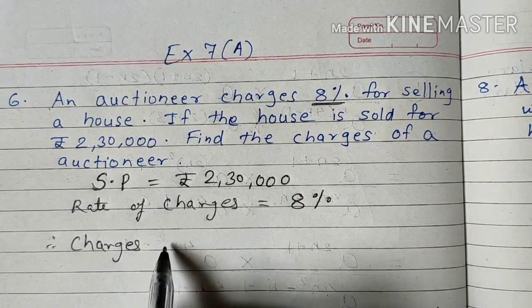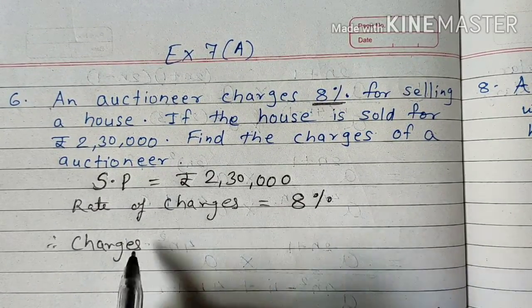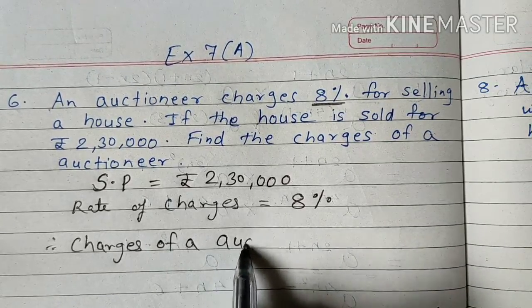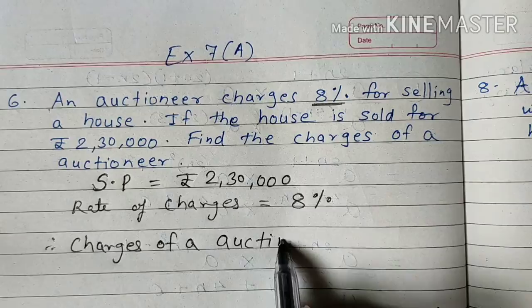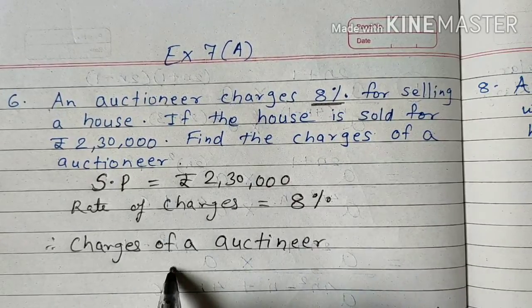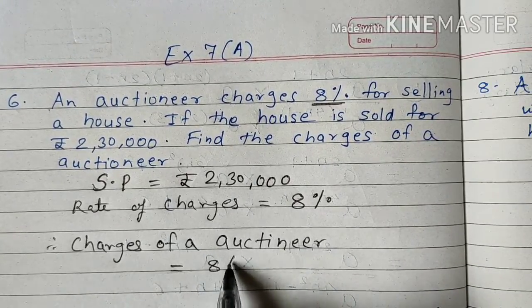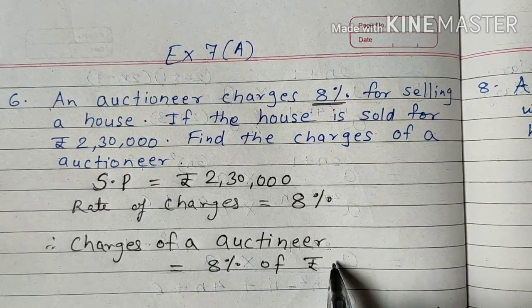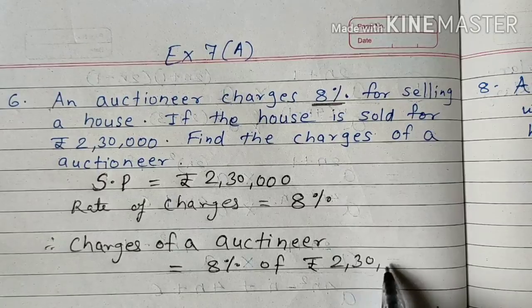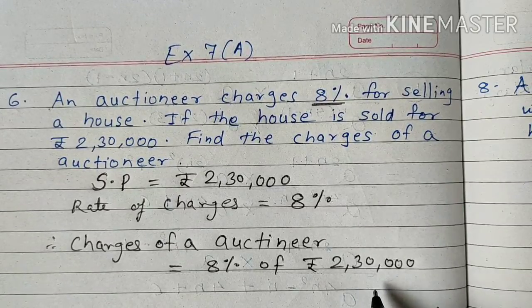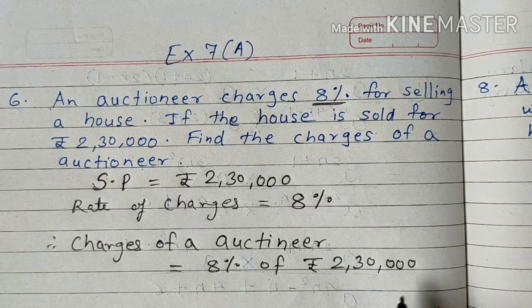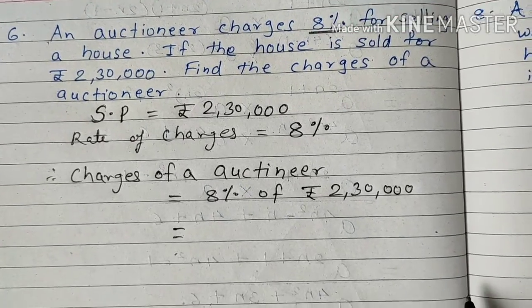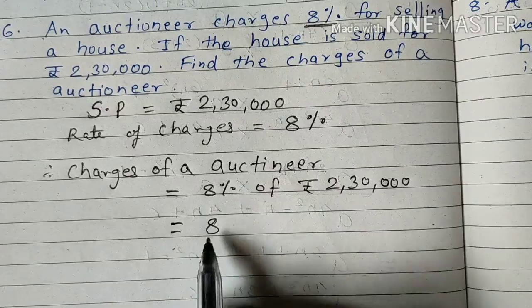charges of a auctioneer. It is 8% of rupees 2,30,000. Okay, 8% of rupees 2,30,000. So if it is a 8%, we can write it in this way: